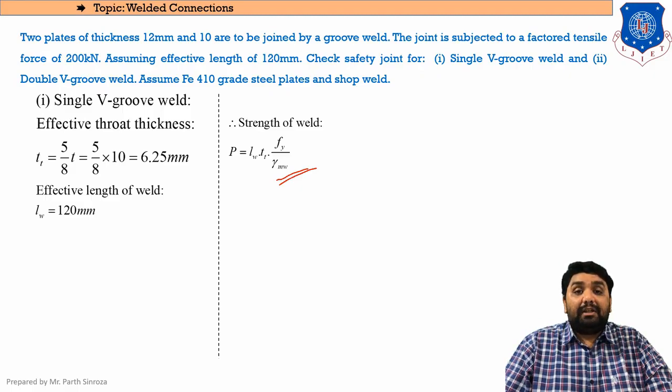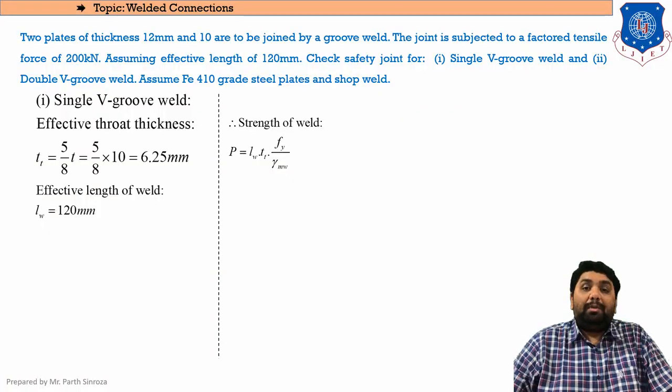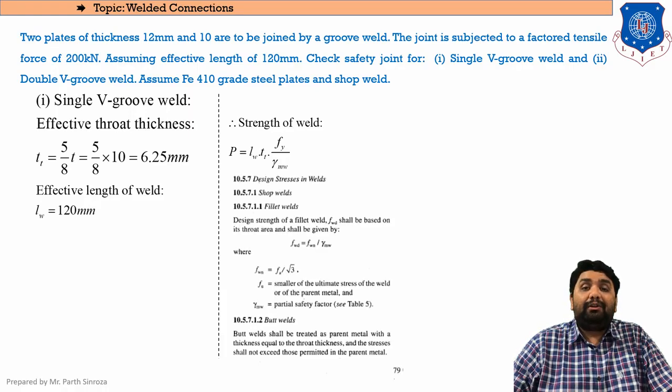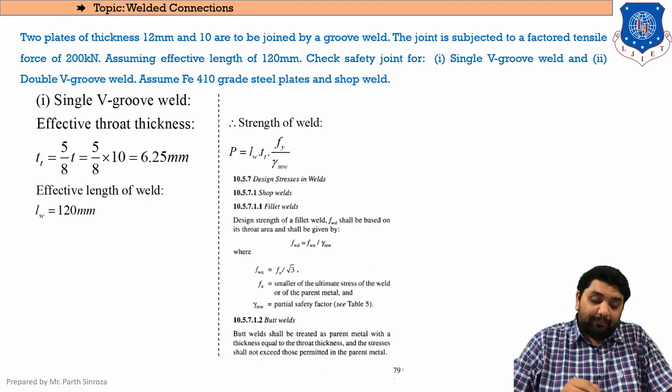Clear? In the sum that we dealt with for fillet weld, this depended directly on the shop or field criteria. If it was shop criteria, then the value would have been 189. But in the case of butt weld, we need to identify the value of this Fwd again. Fwd in this case won't be 189. We need to find it again using our clause, and for that we need to refer to page number 79, clause number 10.5.7. Till now we were referring to the clause for fillet welds, and now we will be referring to clause 10.5.7.1.2, that is for butt welds.